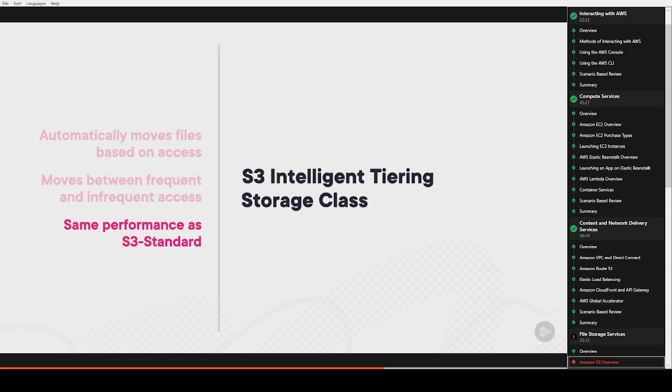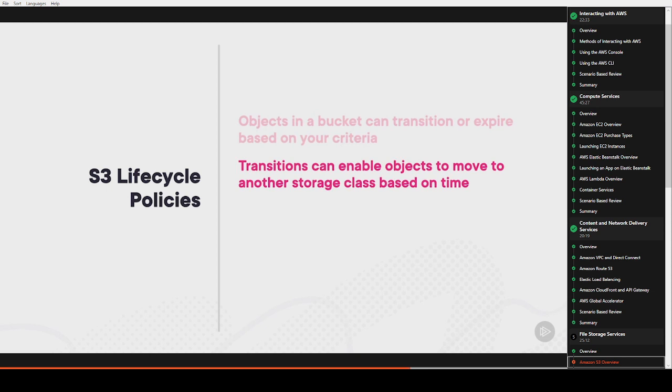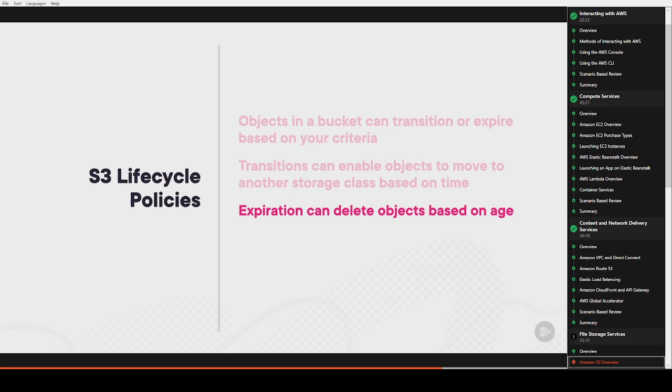Now next, let's talk about the S3 lifecycle policies. Now this is an approach that allows you to transition objects in your bucket based on your own custom criteria. Now transitions in this case can enable objects to move to another storage class based on time. Now it's important to note here, you can't move something back and forth based on usage. That's only available with intelligent tiering, but you can do it based on time. And you also can delete objects with expiration based on age. So if you want a certain file to only last for 30 days, for example, you could configure that also